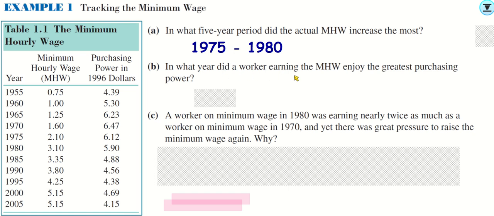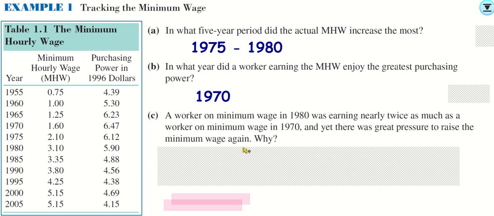Question B. In what year did a worker earning the minimum hourly wage enjoy the greatest purchasing power? Well, that question really just means you need to look at this list and find the biggest one. So 1970, because someone earning the minimum hourly wage had a purchasing power worth